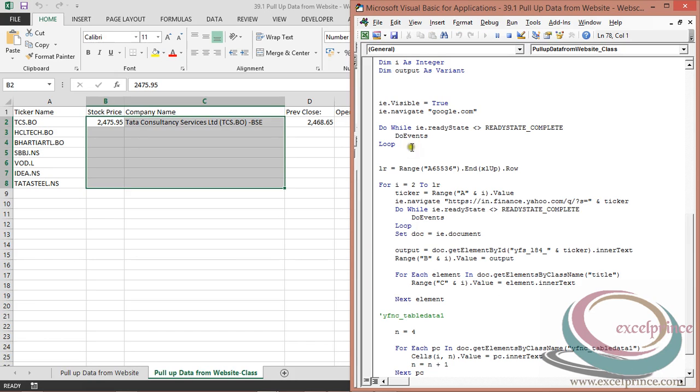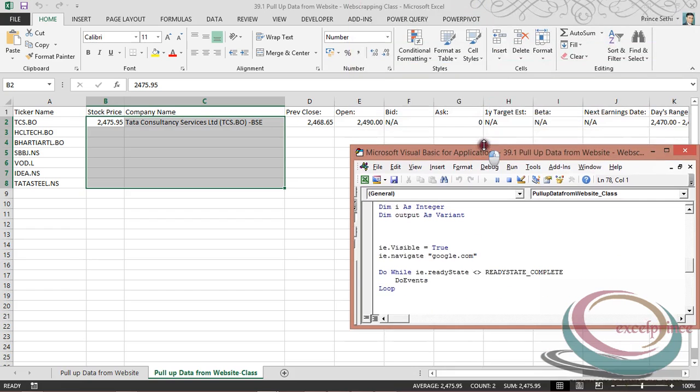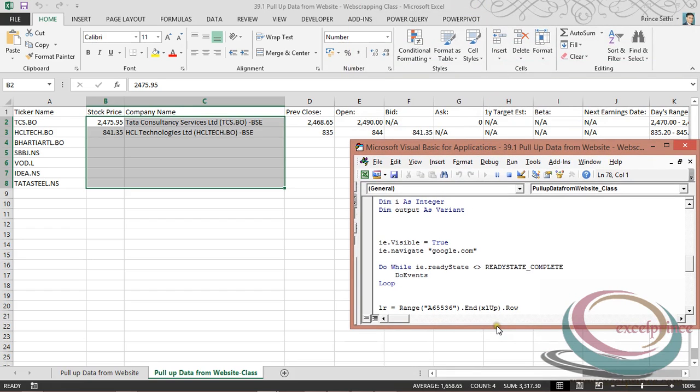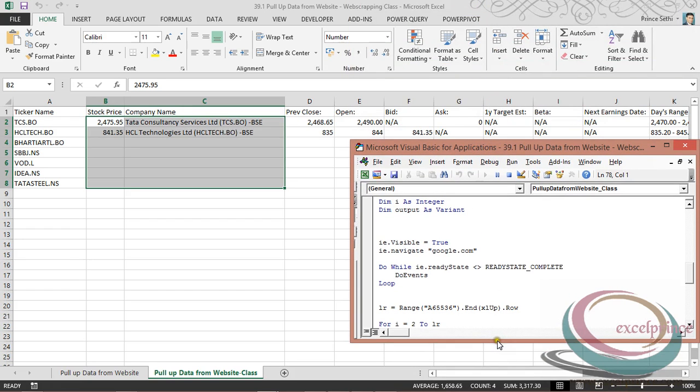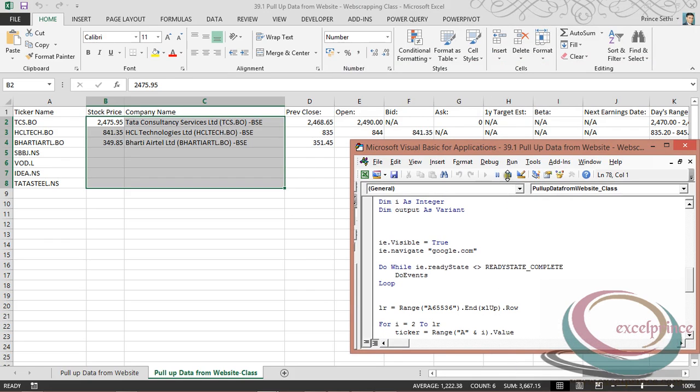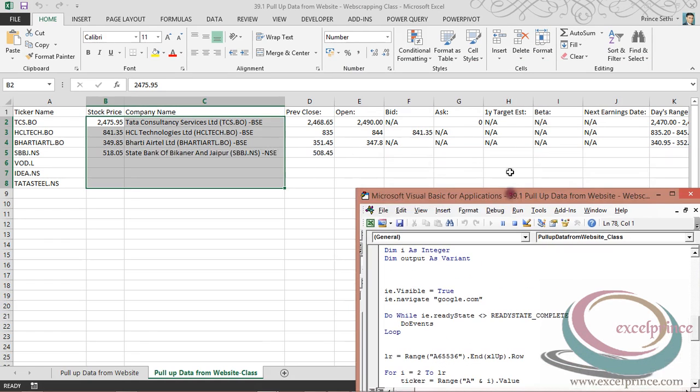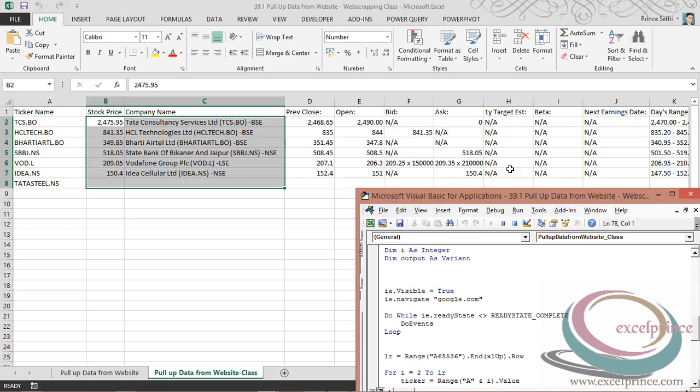So F5. Let me show you. If you see on the background side, it's picking up the values, pasting them over there. Yes, perfectly fine. Yes, so good. And finally that's it.